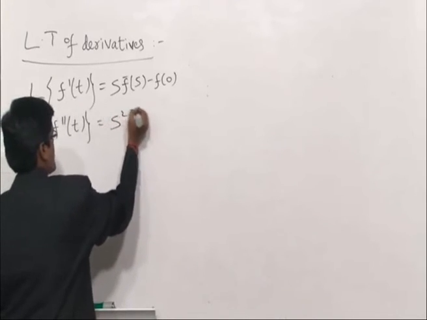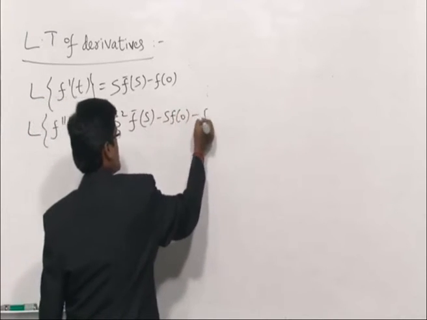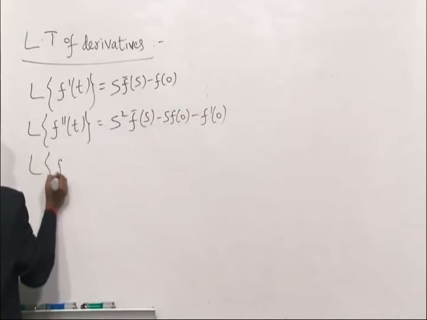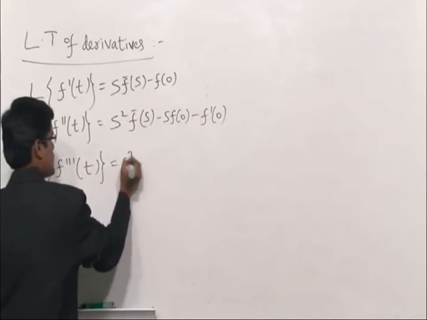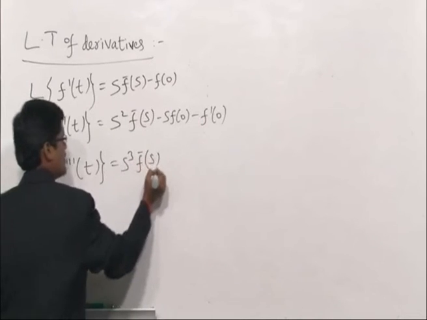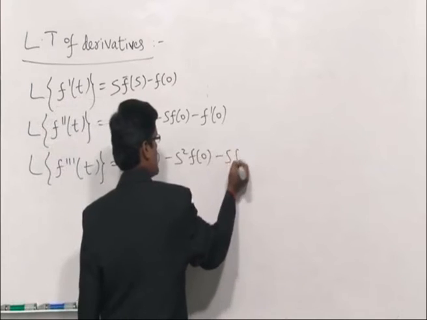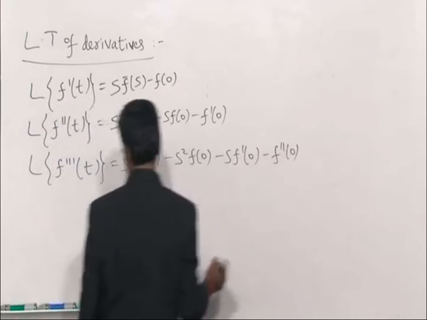L of f double dash t is s square f bar s minus s f of 0 minus f dash 0. L of f triple dash t is equal to s cube f bar s minus s square f of 0 minus s f dash 0 minus f double dash 0,